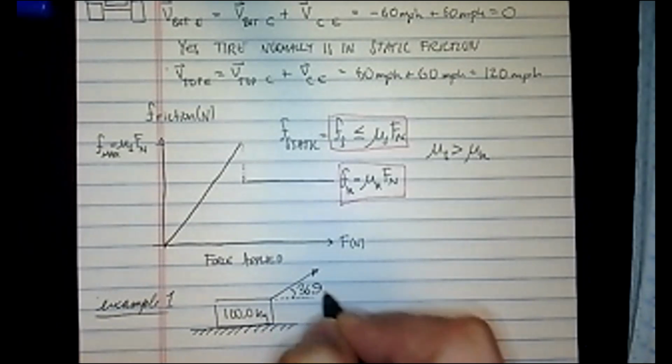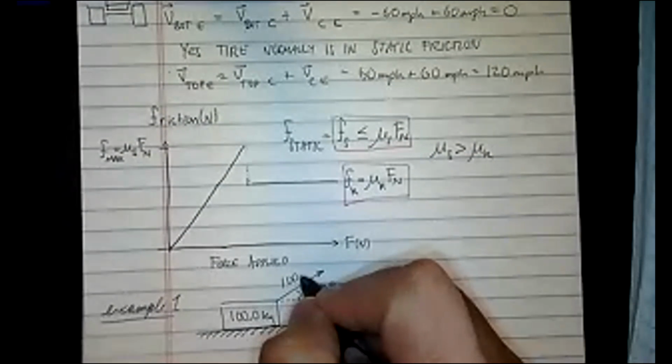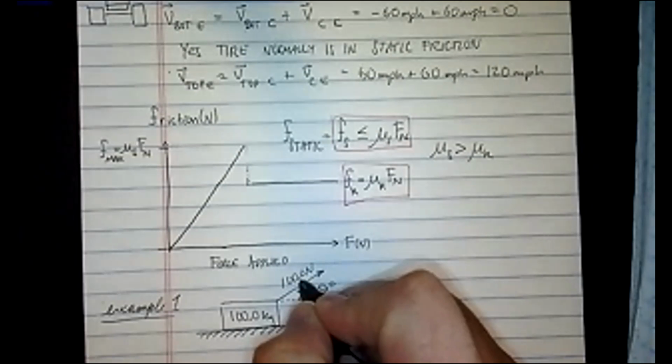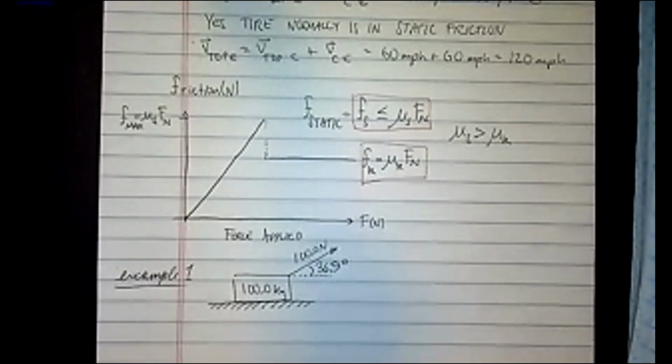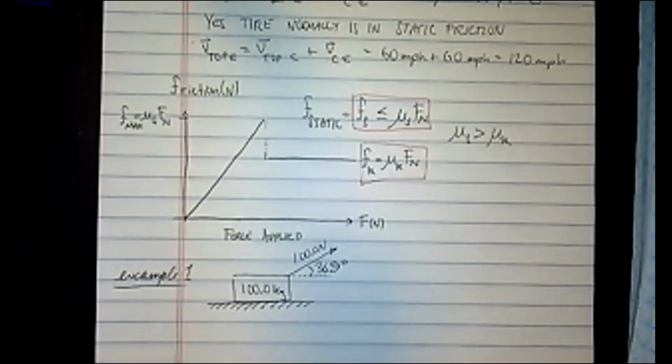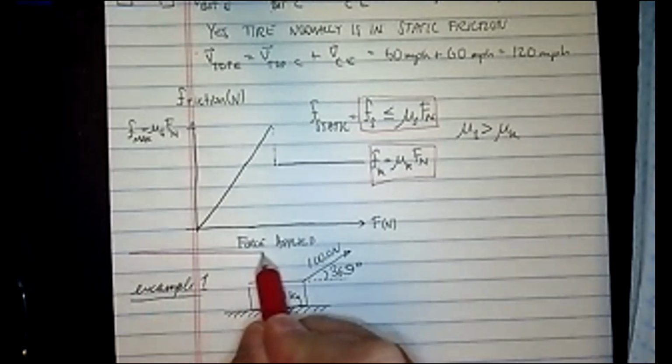I don't know why I wrote the dot up there. I may be mentally handicapped. And the force is going to have a magnitude of 100.0 newtons, and it's 0.0 for the exact same reason that one was. Okay. Now, whenever you see 37 degrees or 36.9 degrees or 53 degrees or 53.1 degrees, you